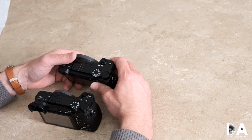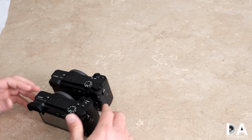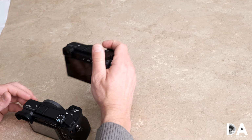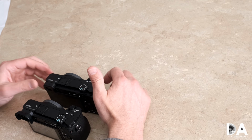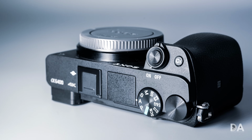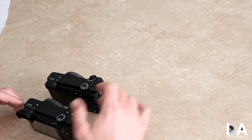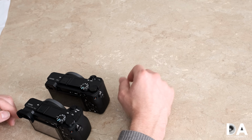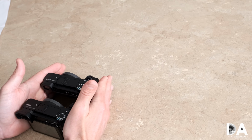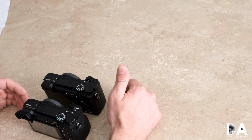In terms of the physical characteristics, you have a very slight change. As you can see, the cameras are very physically similar. The biggest difference being that slightly more chunky grip, which does result in a little bit thicker, just minutely thicker body. So we're talking about the difference between 2.4 inches of depth versus 2.1, or that's 59.7 millimeters of thickness versus 53.3 millimeters in thickness. Both of them are 4.7 inches or 120 millimeters in width, and in height they are both 2.6 inches